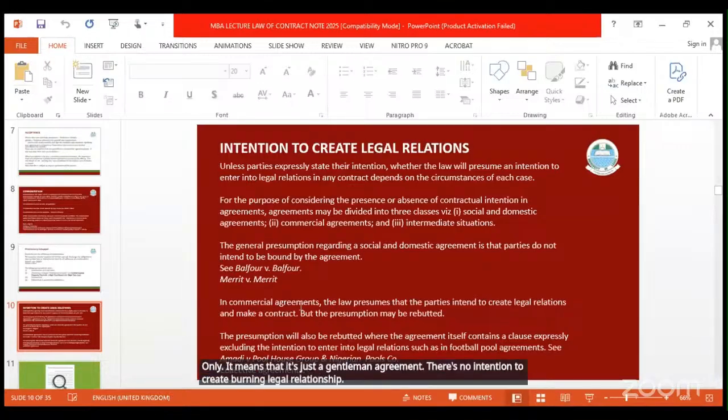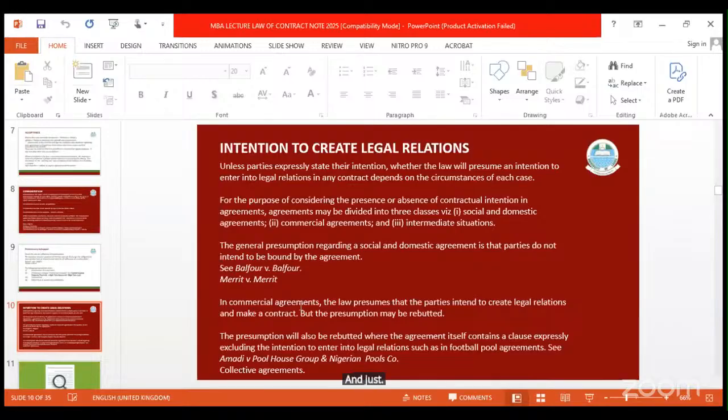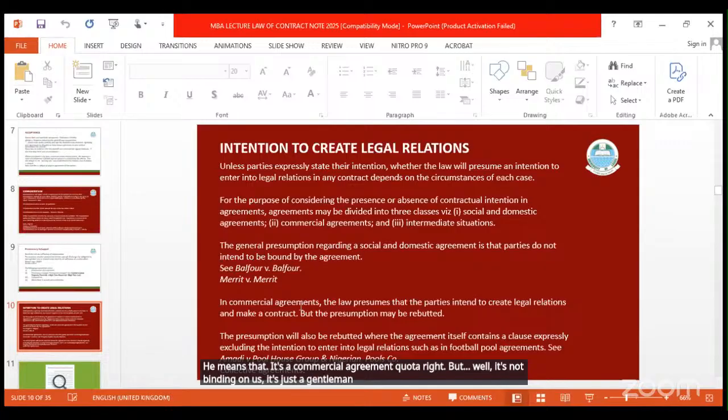So watch out when you are signing an agreement with any person, and if anywhere you see that this agreement is in honor only, it means that it's a commercial agreement, but it's not binding on us. It's just a gentleman's understanding. That's why you can say that you have played the bet and you won 100 million or 1 billion, and they will choose not to pay you, or they may just give you what they want to give you, but you can't sue them. Unfortunately, not everybody knows some of those things. They just go and be playing bet every day.